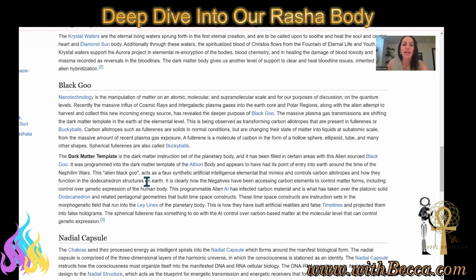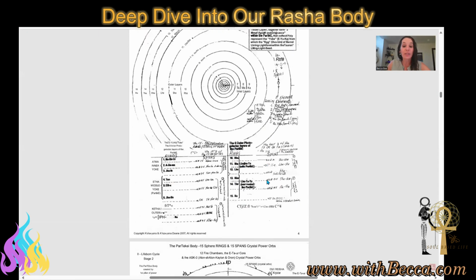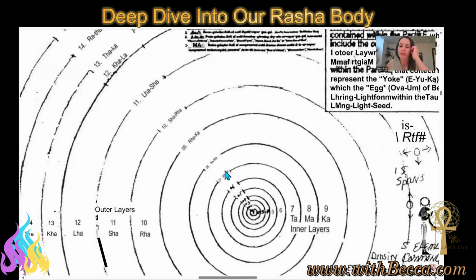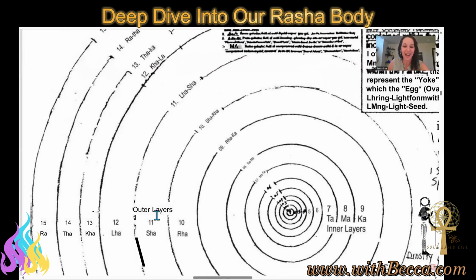So let's dive into a couple of other things as we play with this, because as we're working with building all of these, what we're doing is we're starting to clean out the dark matter template within us. How are we doing that? We're doing that by singing the sound tones, singing the sound tones of creation. As we sing these sound tones, which could be these very sound tones that you see right here, the ta ma ka, ra sha la, right here, Rasha la, Kathara.